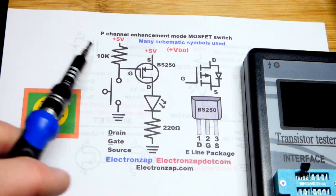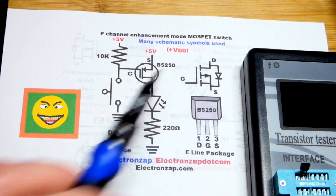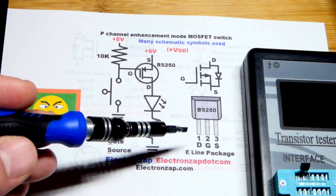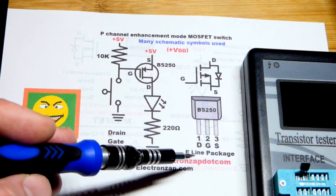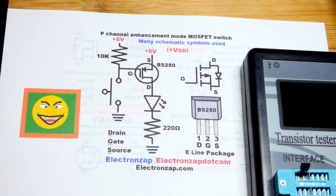So now in this video we're going to look at the P channel enhancement mode MOSFET wired as a switch. We're going to use the BS250. When I ordered them it said TO92 on it for the package, but the ones I got, after doing some searching around, I found out were E-line package, but I think it has the same pin layout as the TO92